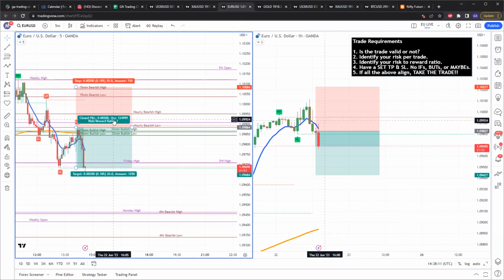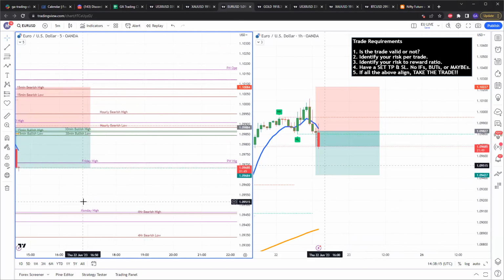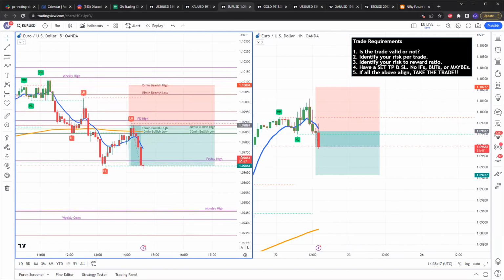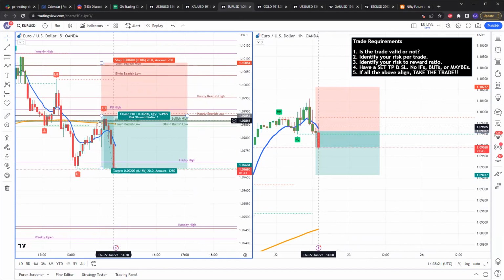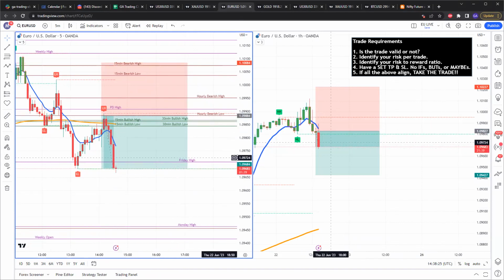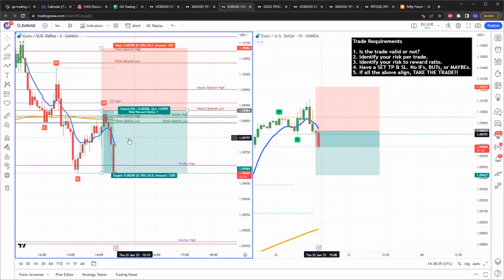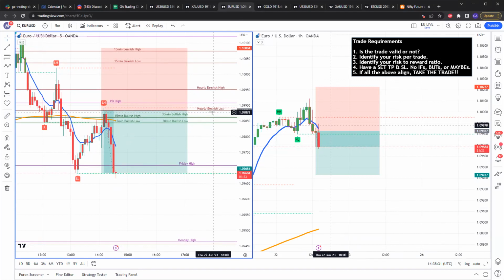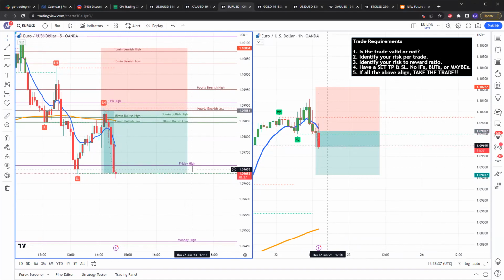For EU, oh gosh, how do we miss this? Oh God. Look at this, we could have easily been filled, but this is the trade I said I was waiting for on EU. Literally retested our entry to the pip and dropped straight to TP. So for this trade on EU, when I marked it up, I said I would wait for a retest of the hourly bearish low, and then this is the area I would enter EU. And you can see would have had no drawdown for that trade. But anyway,